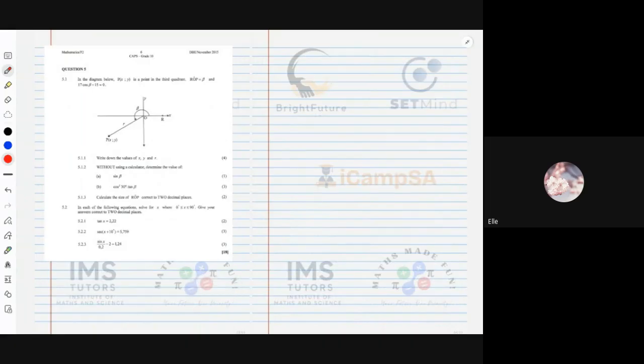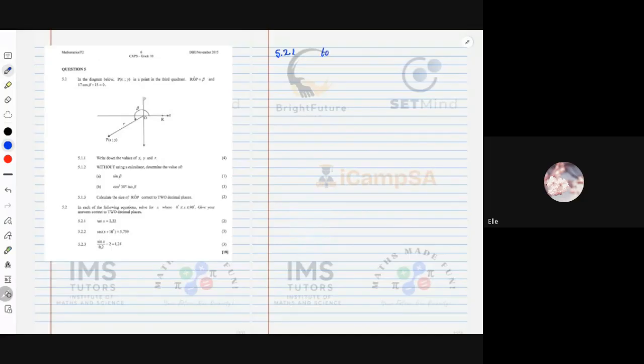So it's 5.2. For the following equation, solve for x, where x is between 0 and 90 degrees. Give your answers correct to two decimal places. So our first one is